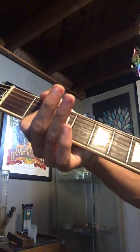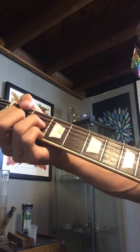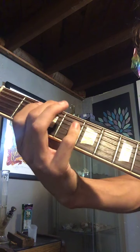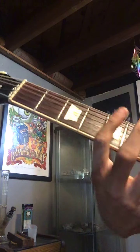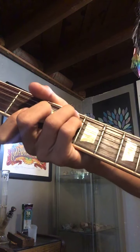So we have A, C sharp 7, F sharp minor, A7, D, D sharp diminished, A, F sharp major, B, D, or like I said, B, D open. I just like the sound of that D. But yeah, I mean, if you want to do something fun, you could, from the A, when it goes from the A to that F sharp major, you can do like a walk down, like